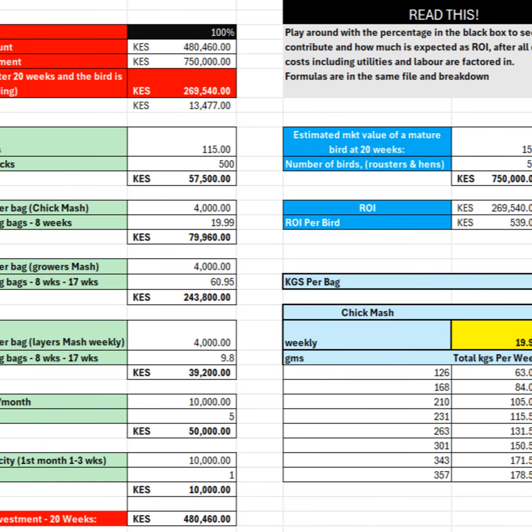Now I come to my layers mash. Remember, at layers mash, your birds can start laying immediately, or they can take some time. So what I have done, I have simulated for layers mash for just 1 week, assuming that I will only work to get these birds to full maturity and sell them off. We'll come to laying. Laying is a whole other episode where we have to talk about so many other metrics. But right now we are calculating from zero to hero, up to a point where if you feel, okay, this poultry business is not for me, this is how much I've used, this is the cost of my birds, this is the bare minimum that I'll put in.